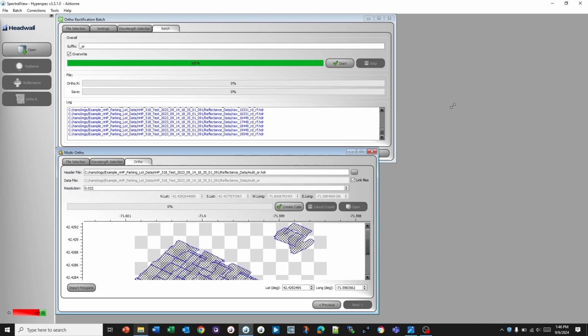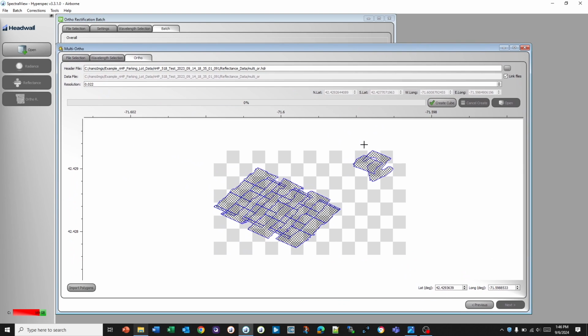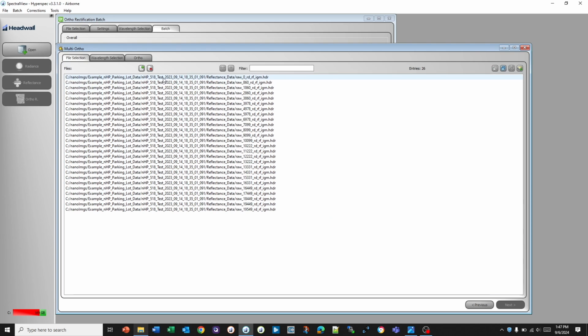Let's expand this window. And now we can see we have 1, 2, 3, 4, 5, 6 flight lines, and then a couple over here for our tarp. And we want to exclude the ones with the tarp. So if I hover over, I see that that is raw 0 and raw 19549. So I'm going to remove those from here, which should be the first and the last. So remove, remove,